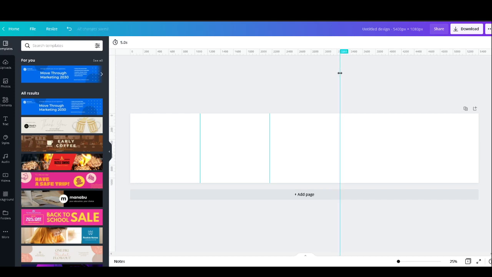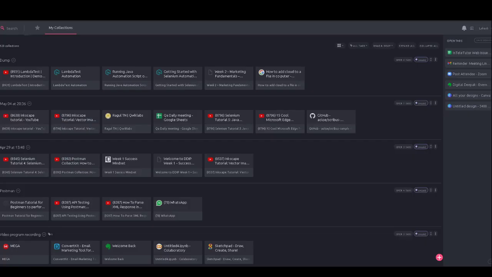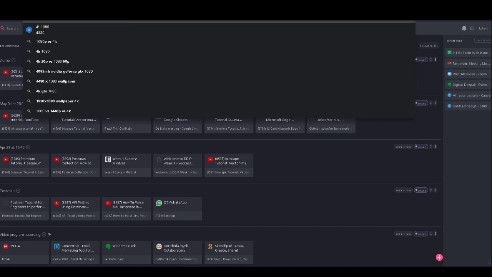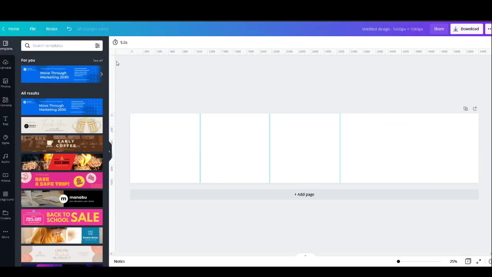So this is a randomly generated image, and 4 times 1080, 4320. Okay, 4320. Okay, let's suppose I'm going to select this one.